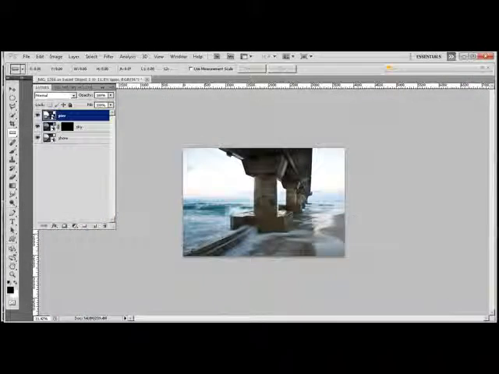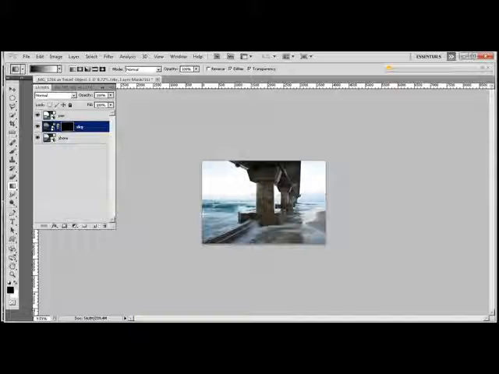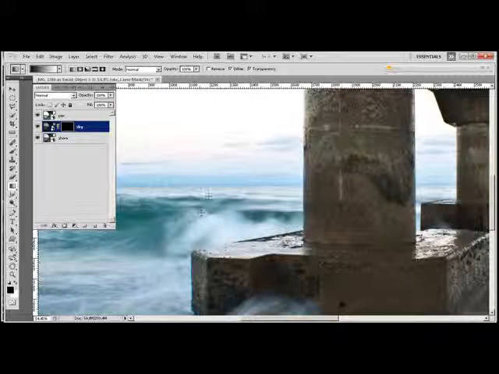And now we're going to go back to the sky layer, make sure the mask is active by the white bounding box. We're going to once again grab our gradient tool, and we're going to run the gradient from here, and we're going to hold the shift key down. If you run a gradient, you see it can move around quite a bit, but if you hold down the shift key, you'll find that the gradient stays in a perpendicular way. And we just let go, and now we